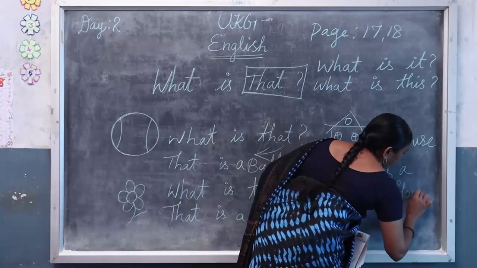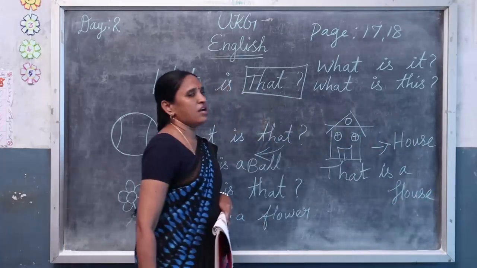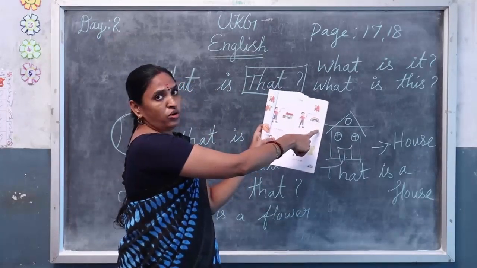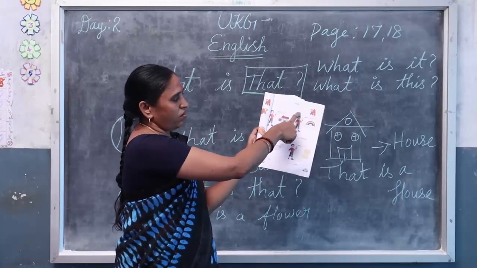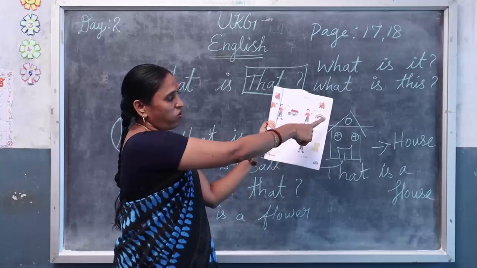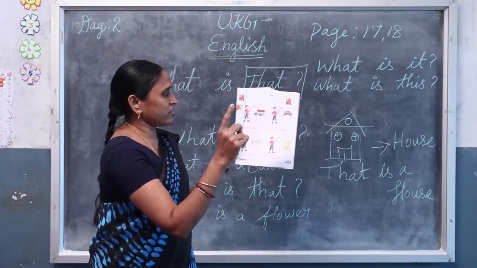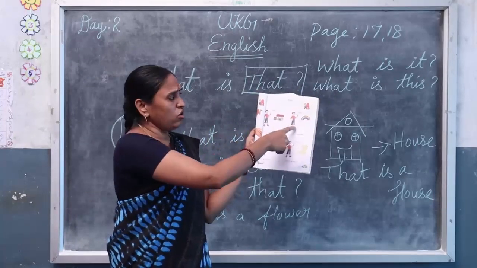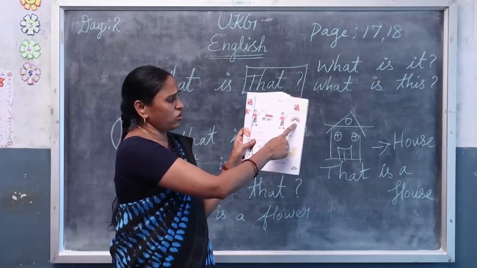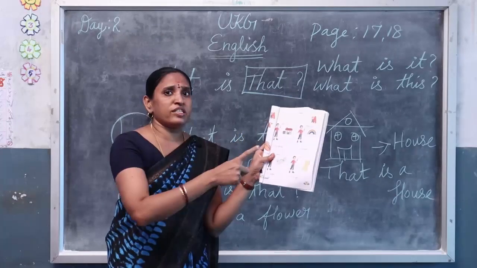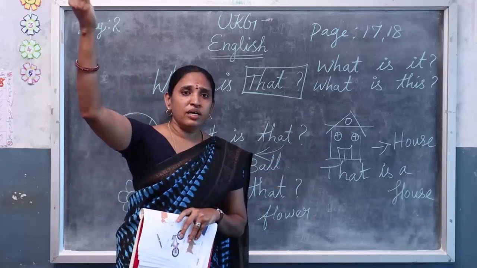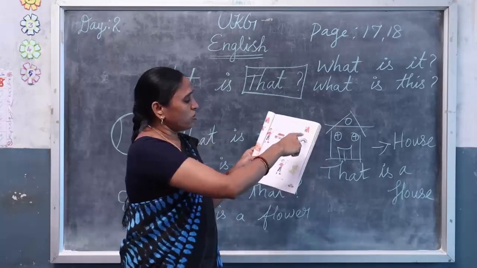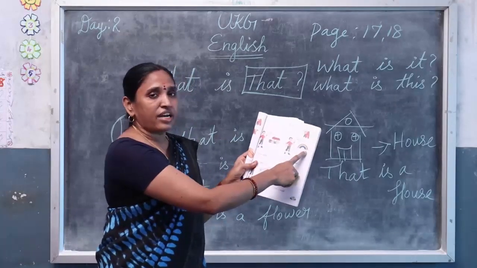What spelling? H-O-U-S-E, house. Then I move to the second picture. The boy says the question, what is that? Use your index finger. The picture is a rainbow. So that is a rainbow. Where will a rainbow be? It will be in the sky. So we raise our hand and ask the question, what is that? That is how we ask. Okay? So you have to answer me: that is a rainbow.